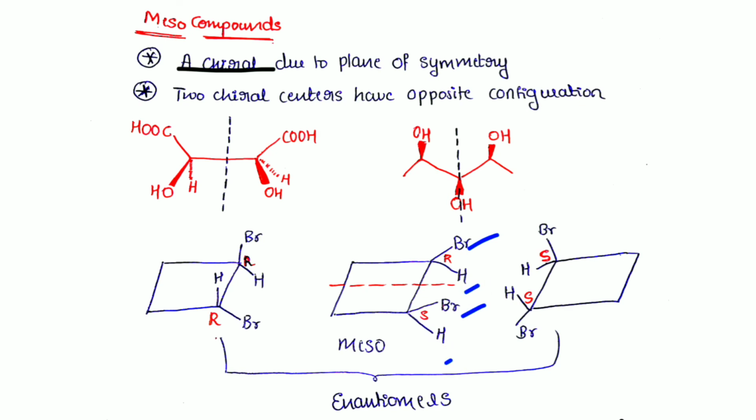And in this molecule, both bromines are on the above side and the two OH groups are on the below side. Pass the vertical line, which divides this molecule into two equal halves. The horizontal plane also divides it into two equal halves. So this is a meso compound. This center is R and this center is S configuration, so the rotation of the light is in the opposite direction for these two centers. This is the way to determine the meso compound. Here the total effect is null, zero effect, so it is a meso compound.